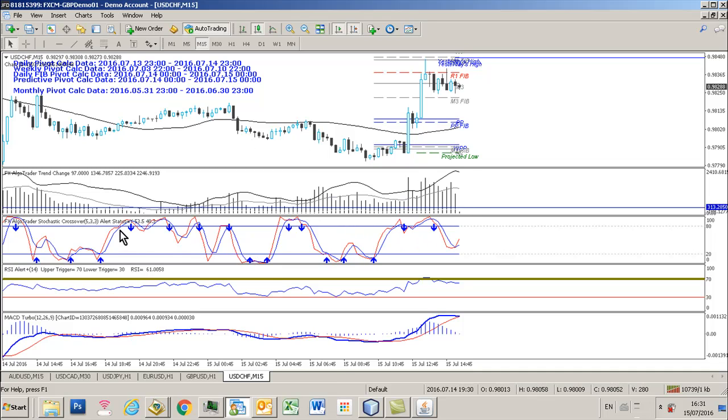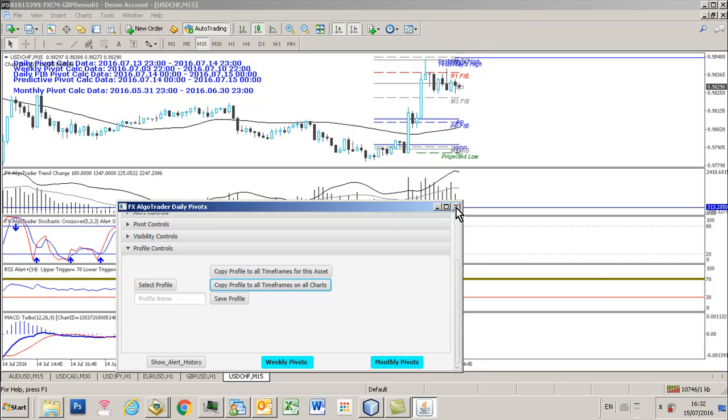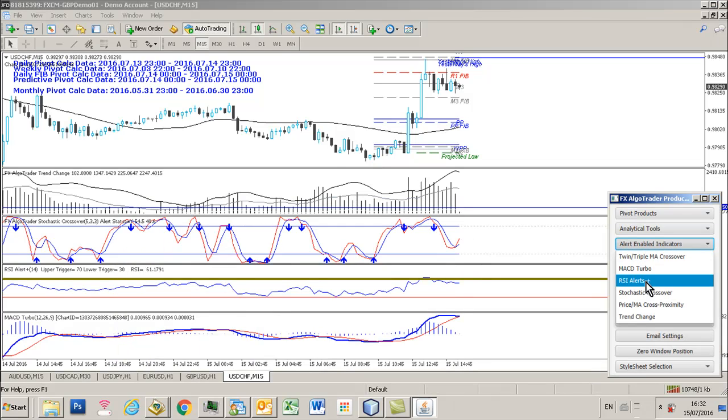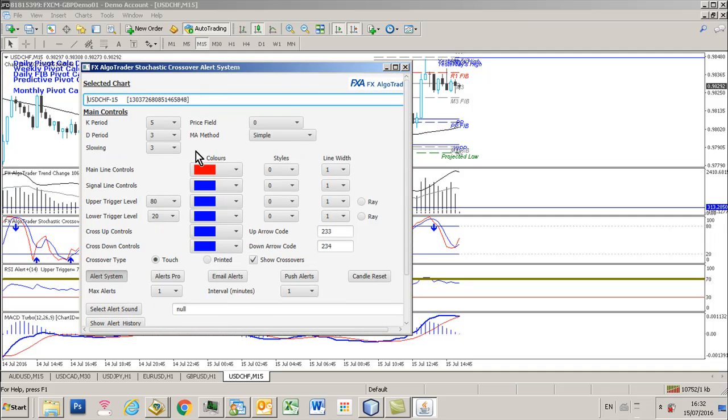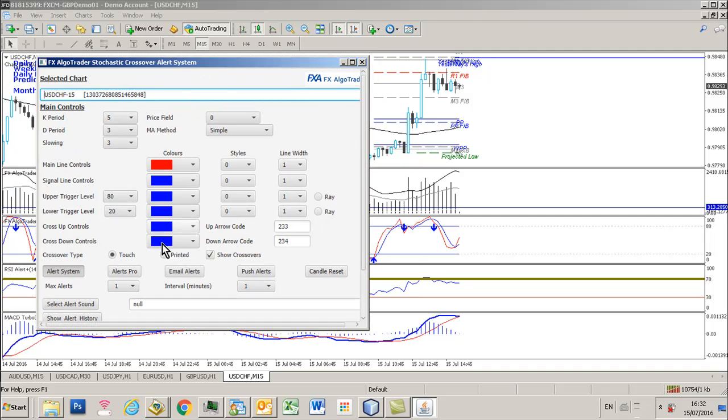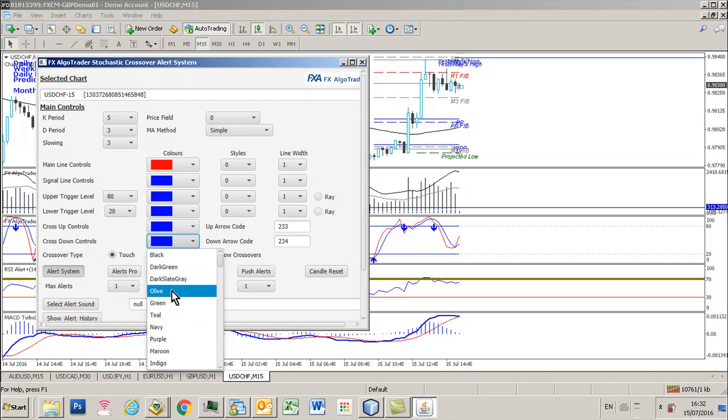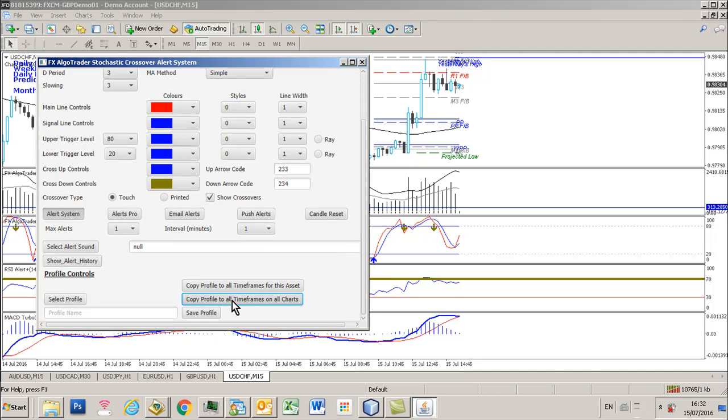So let's do another change. Let's change the down signal arrows on the stochastic crossover to a different color. So let's come out of our pivots, go into our stochastic crossover system, and at the moment we're using a blue color for our down arrows, so let's change that arrow down color to olive, and then scroll down, copy profile to all timeframes, wait 5 seconds for it to deselect,